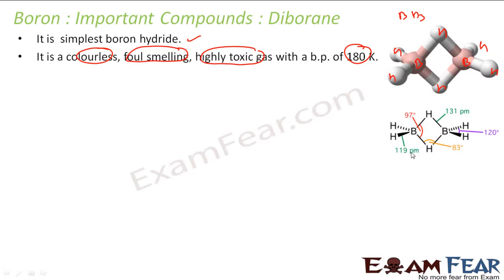If you see, this is not forming a very complex cage-like structure, is it? No, right? It's just a BH3 unit dimer. This is a standalone molecule, and it is not having any tendency to form hydrogen bonds either. There is no cage-like structure. That's why it is a gas.